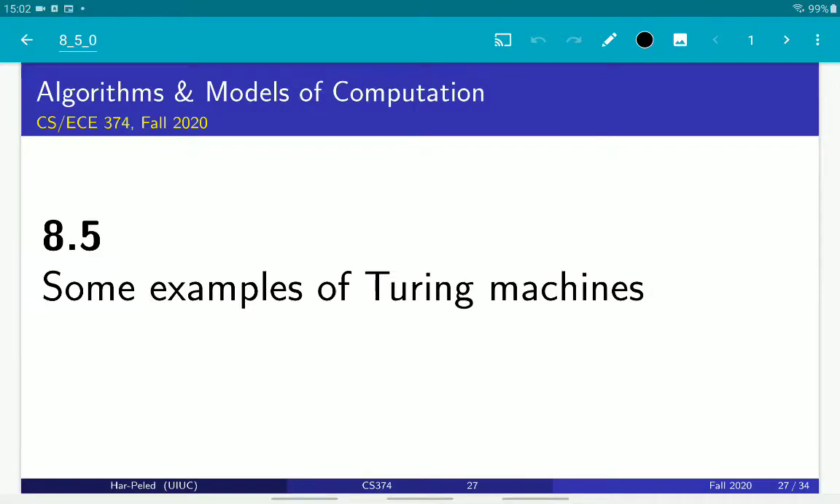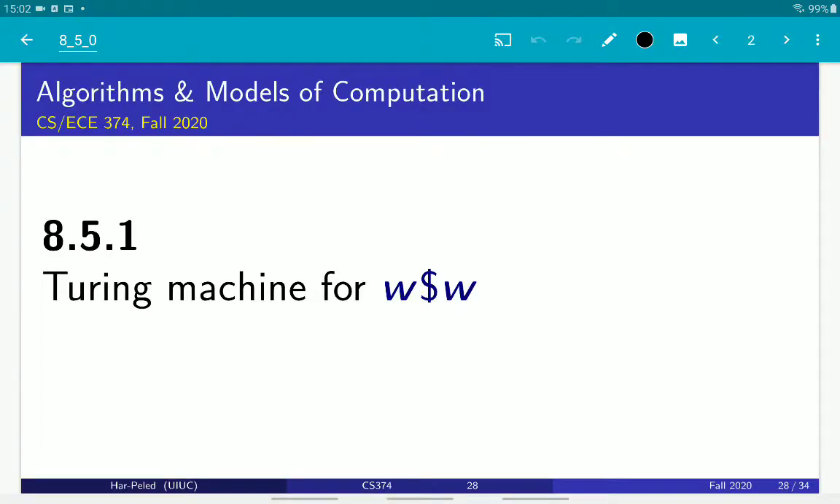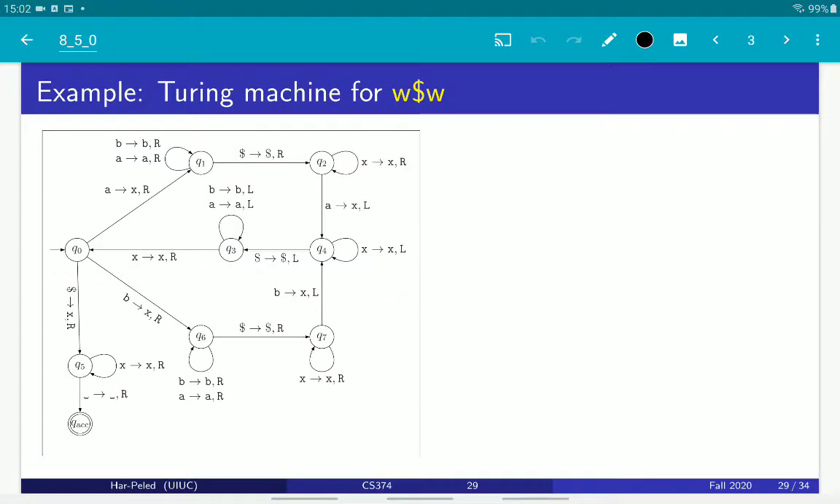Okay, let's see some examples of Turing machines. The first example is a Turing machine that accepts the strings W$W. So this language is not context-free. It's of course not regular, which is easy to prove. The fact that it's not context-free